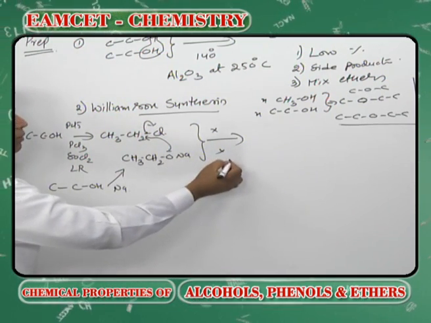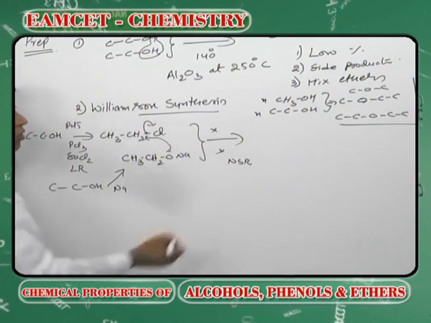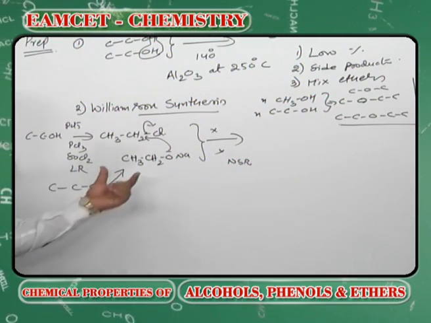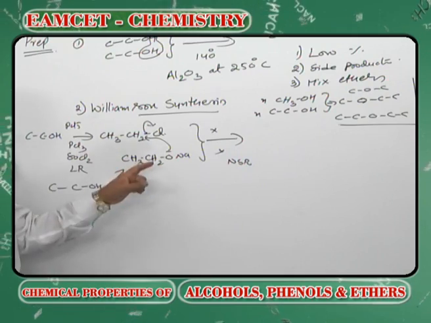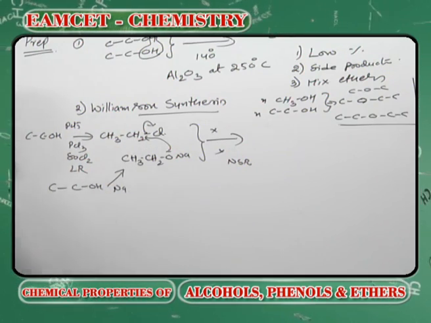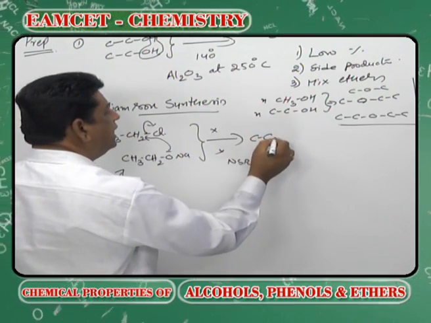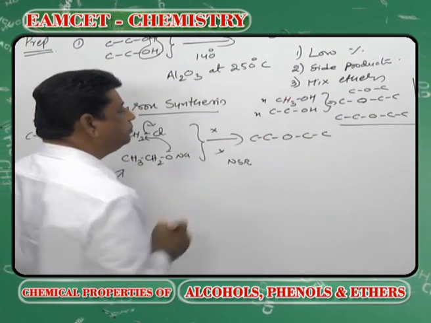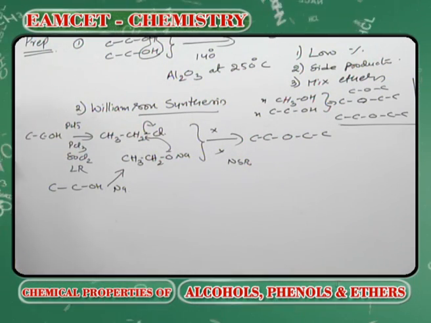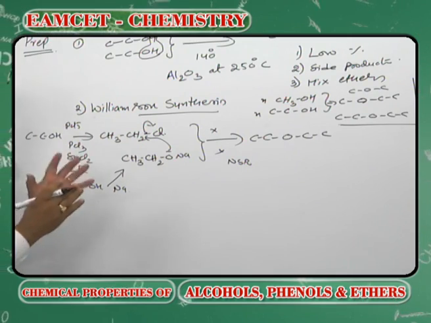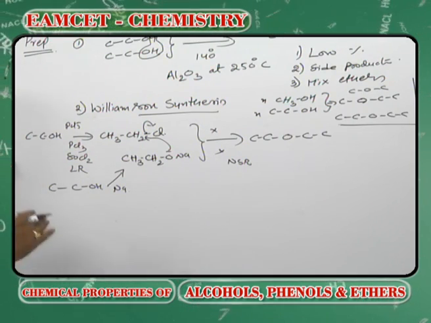This happens to be one of the wonderful nucleophilic substitution reactions, because ethoxide is a very strong base which will attack and replace the Cl. You will get ethyl ethyl ether. So a pure quantity of the ethyl ether comes, and a high percentage is formed, no much problem here,